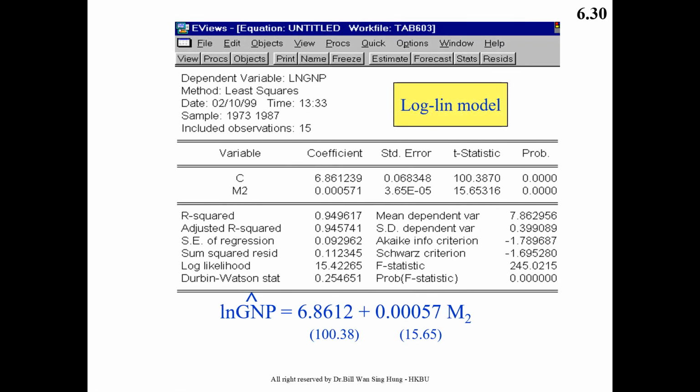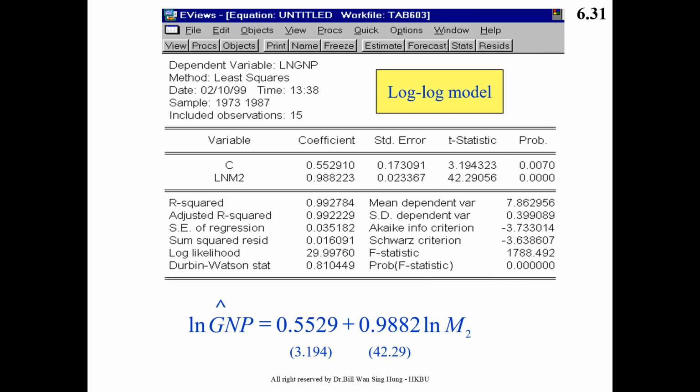And this is the case of log linear, where the GNP is in natural log and M2 is in linear. So the estimated equation is like this. This is the computer output of a double log model or constant elasticity model, where there is a log on the left hand side and there is log on the right hand side, and the estimated model is like this, and these are the t values, these are the r squared value and adjusted r squared value, f statistic and probability of f statistic. This is Durbin-Watson,